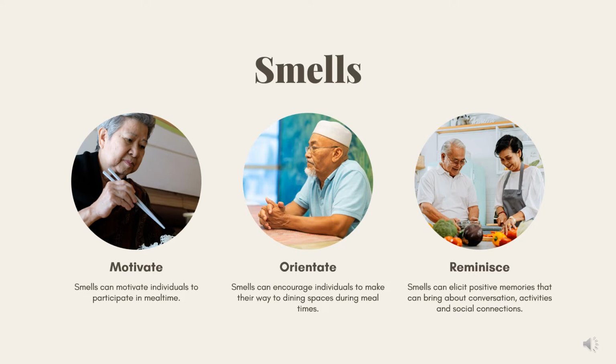And for many of us Singaporeans, it is common to find that many of us gather together for meal times. Whether we do it with work colleagues, family, or friends, many of us will always catch up over a coffee or a meal. And that is really normal behavior for a lot of us. So when we look at living and dining spaces, the ability to introduce olfactory stimuli may be an element that we wish to consider. On the same note, we may also want to think about how we can remove negative